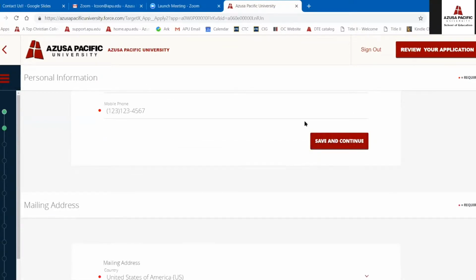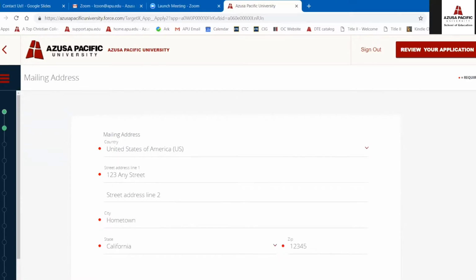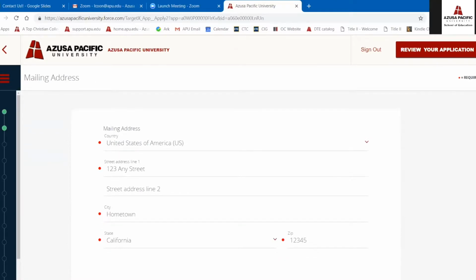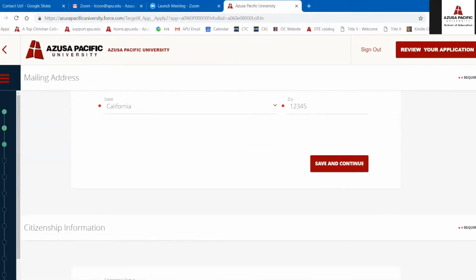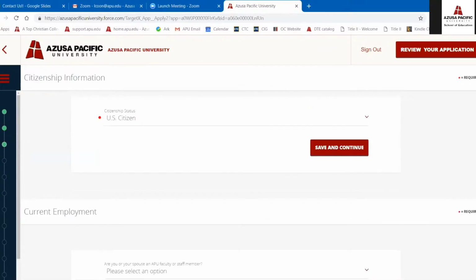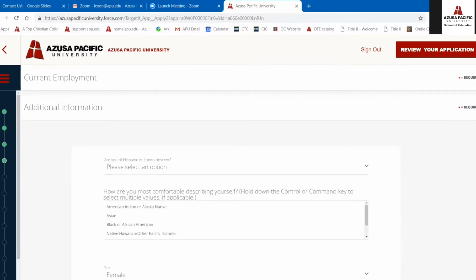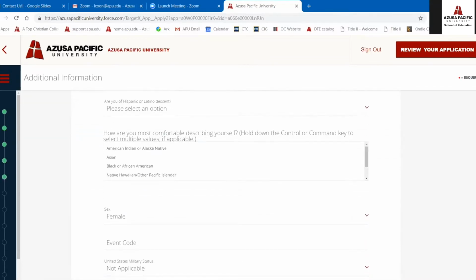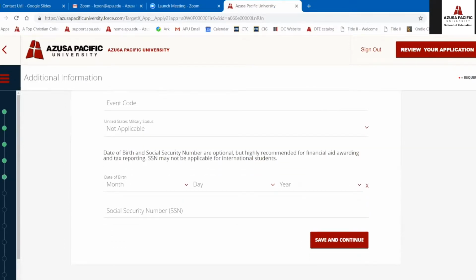And you always want to make sure that you choose Save and Continue at the end of any section that you have completed. That way, when you leave your application and come back, you won't have to redo any of your hard work. So you're going to put in your mailing address, Save and Continue, your citizenship information, current employer, and additional information. Now right here is where we get to our very first tricky spot, and that's the date